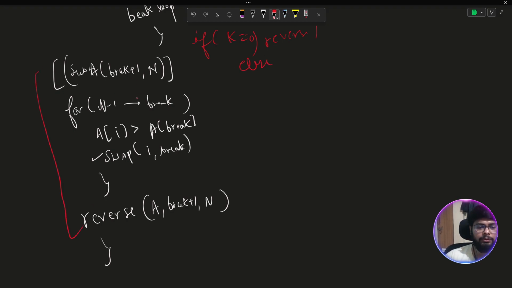In this part, what we need to do is loop until you find the next value which is just greater than the breakpoint. As soon as you find it, you swap that value. Once you swap that value, what you'll do,